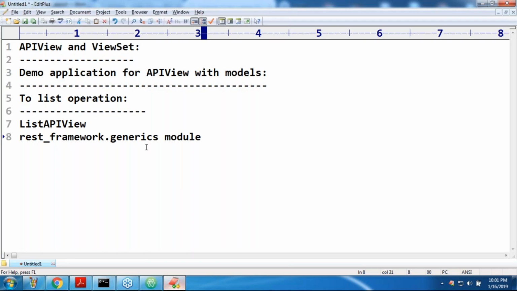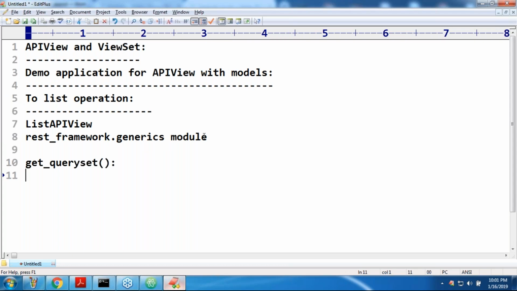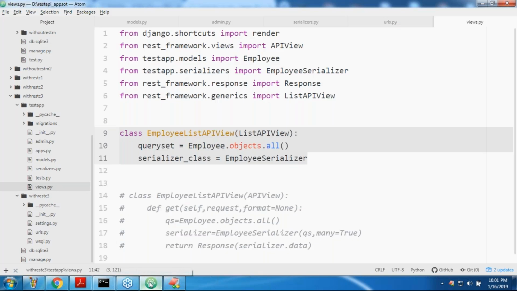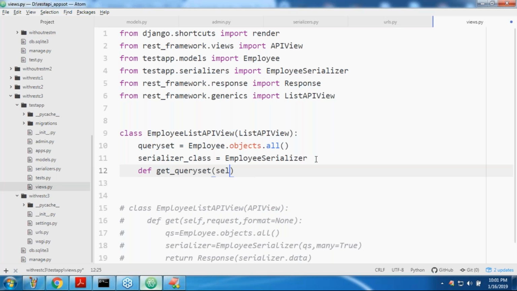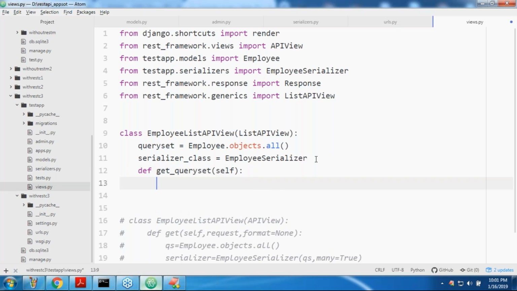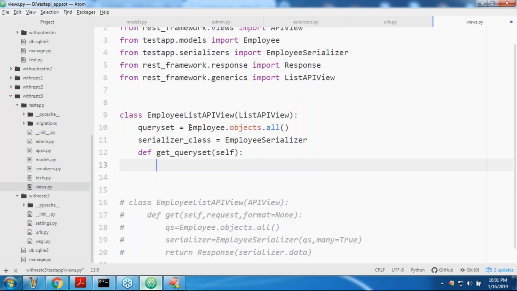Now have a look. I want to override that. What is the way? Very simple. def get_queryset. Whenever Employee.objects.all is called, internally this method will be called.